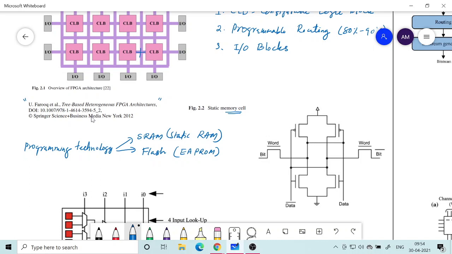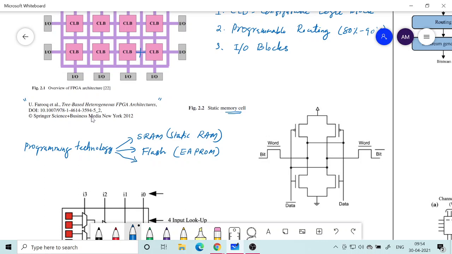The advantage of using flash memory is that even after the power goes, the content inside the flash memory remains, like your pen drive we were talking about. It is used for storing data, so you don't need to supply power to it. Without power it will keep the data, whereas SRAM is volatile and will not store the information in the absence of power.